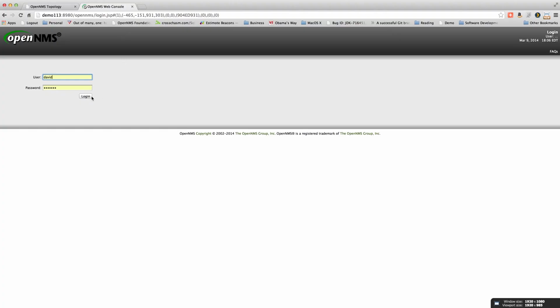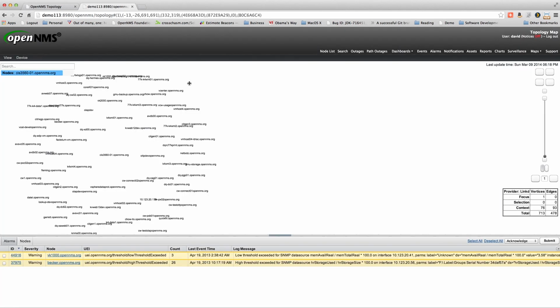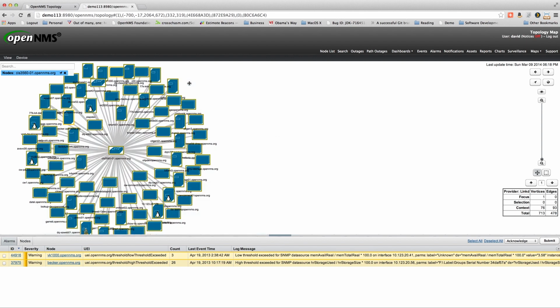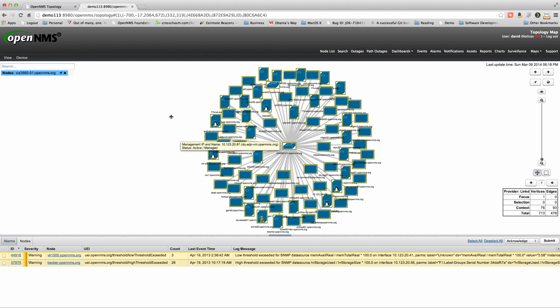Without any further ado, let's take a look at 113. Looks like I left my navigation on topology, so it's probably going to pull up where I was in history. Yeah, okay. So you can see here this initial topology is